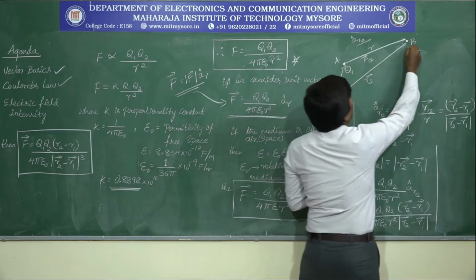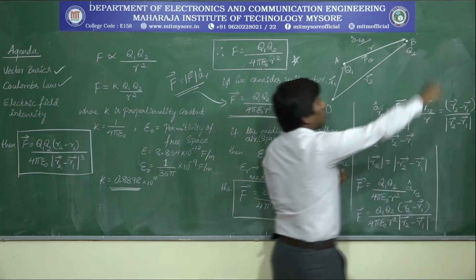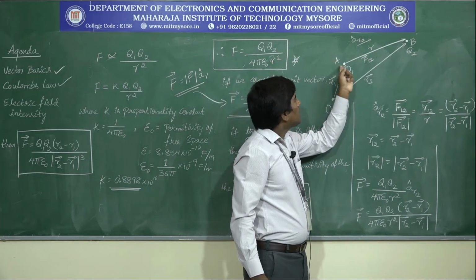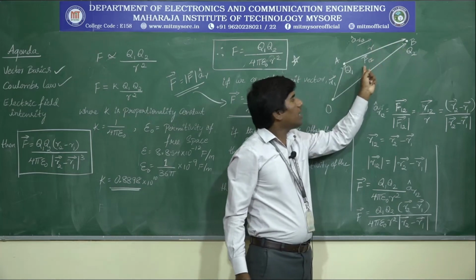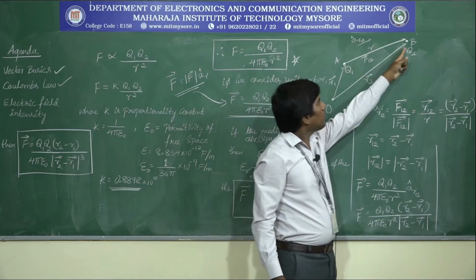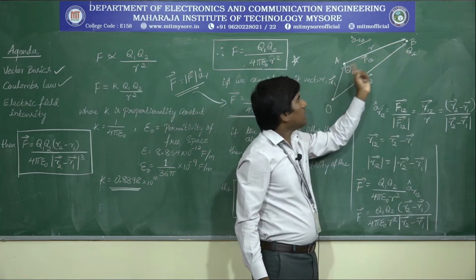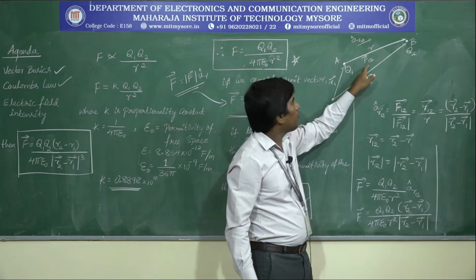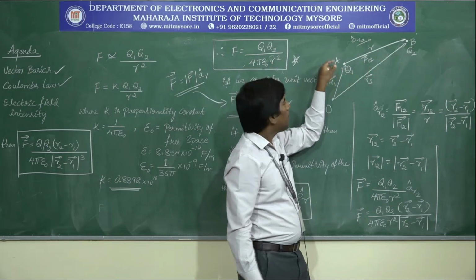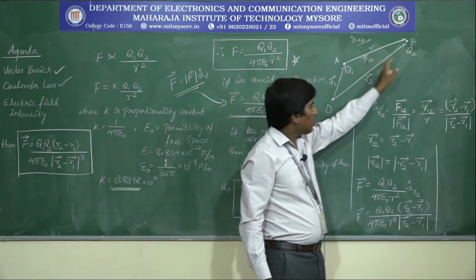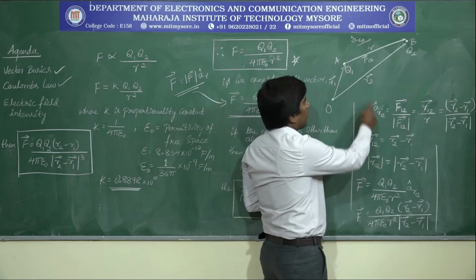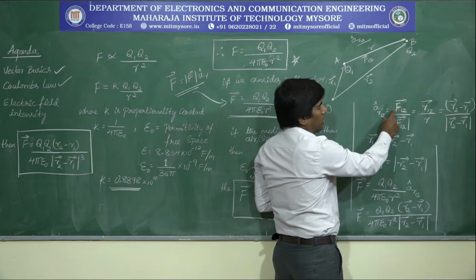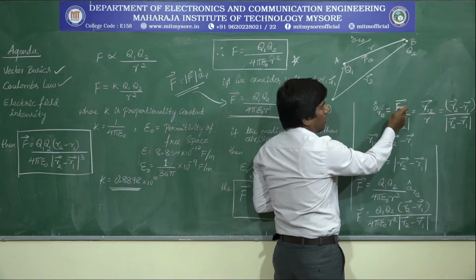that is Q1, the charge at point B is considered as Q2. The force exerted from charge A to B is considered as F12. The force exerted from point B to point A is considered as F21. In this case, I am considering only F12, the force acting from point A to point B. Coming to the direction of this particular experimental setup,